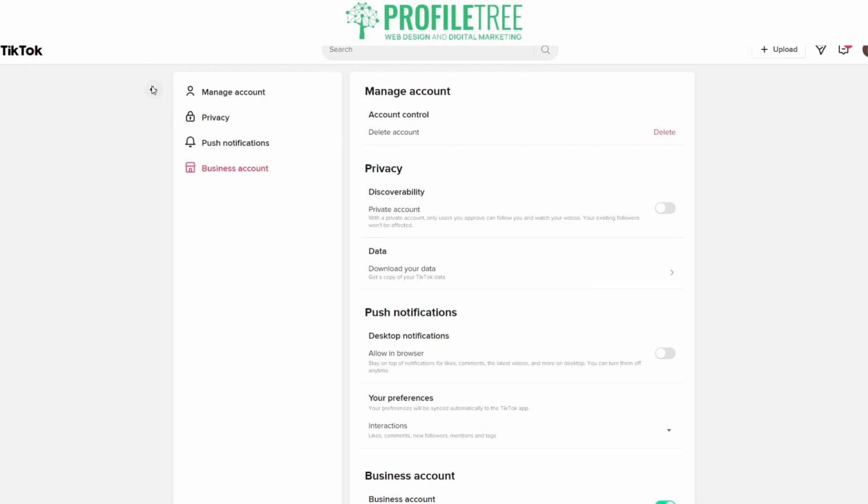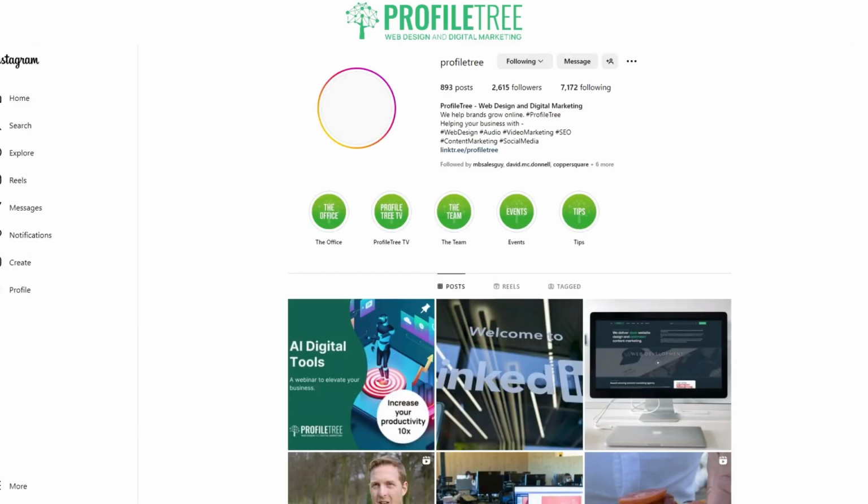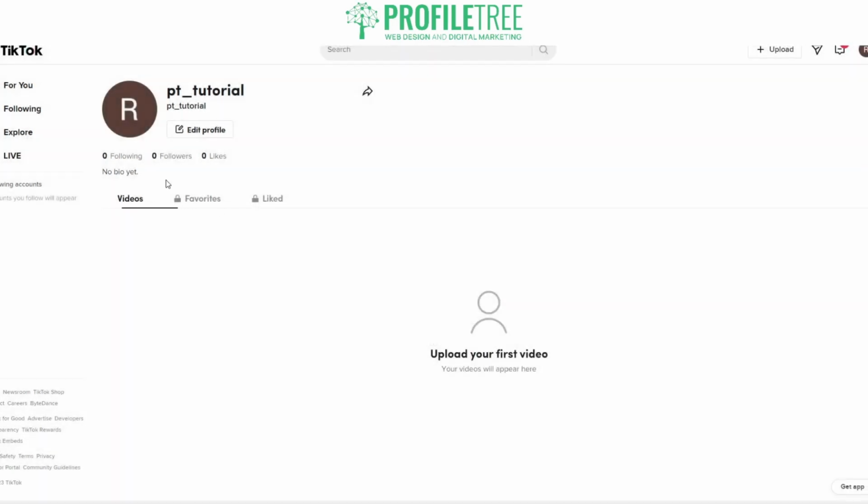But if you were just looking to maybe have that bio, then of course we'll use our ProfileTree one as an example for Instagram. You could just copy and paste it in, and it does still give the option for people to hold down, copy and paste the bio. So unfortunately that is the only way to do it, unless you do go to